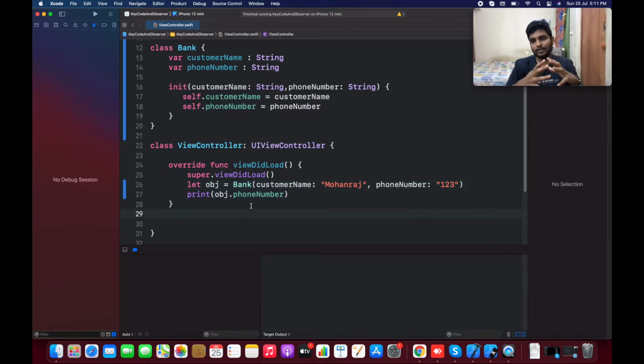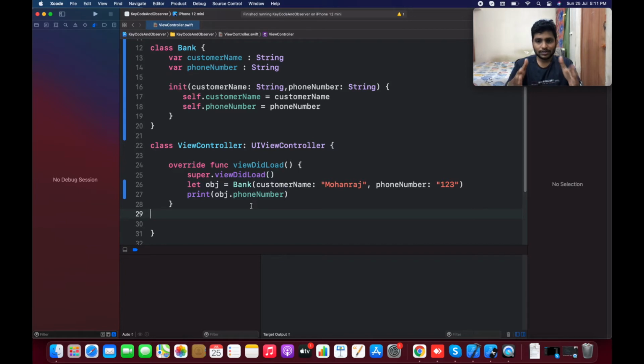Consider a bank: whenever the customer changes his phone number, we want to know dynamically whether the phone number has changed or not. In this case, key value observing and key value coding are going to help us solve the situation.